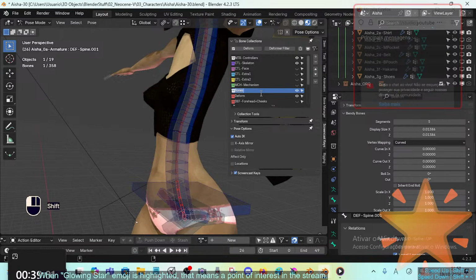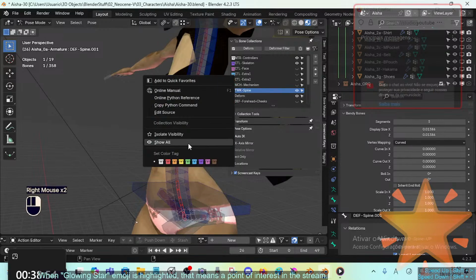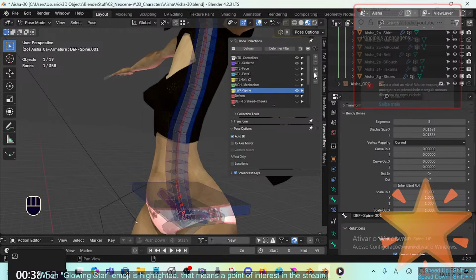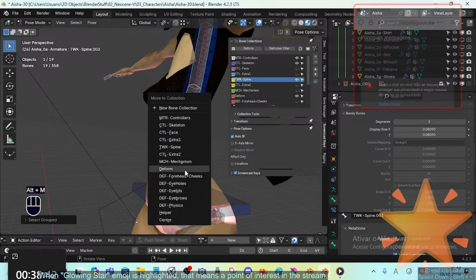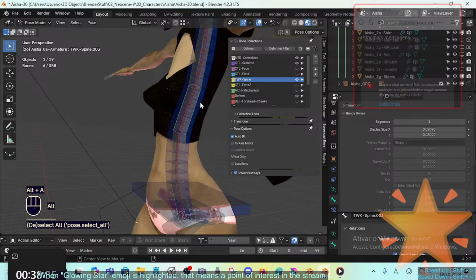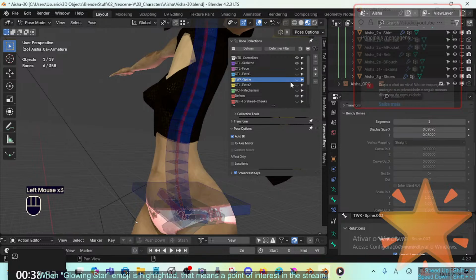So I don't know, a twig spine for now. I'm going to call them something else later on, but for now, then I pick this, actually Shift G color, Alt M, it's my way to move with this way, and twig spine. All right,